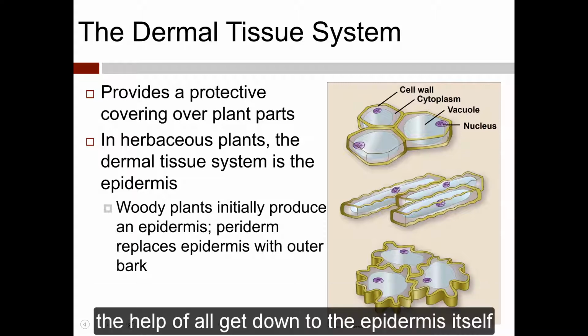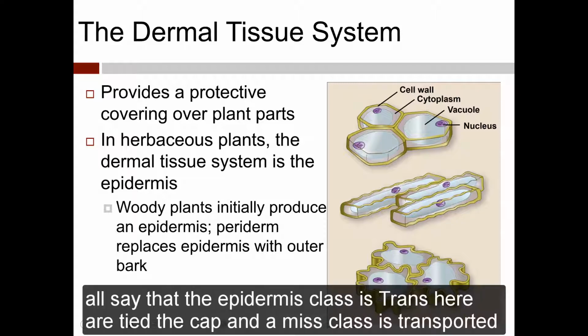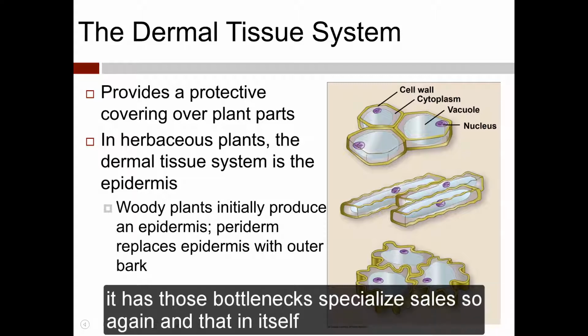Now, I'll get down to the epidermis itself. With this epidermis, I'll say that the epidermis is transparent. I'll repeat, the epidermis is transparent. It has those unspecialized cells. So given that in and of itself,